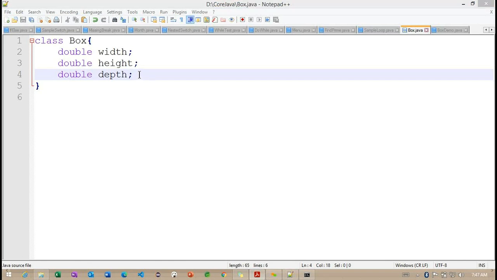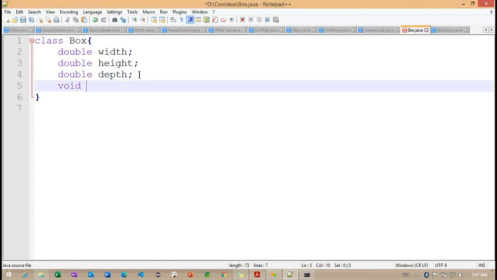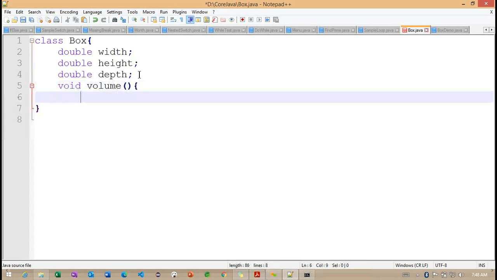We can specify any data type here, but for understanding, I'm not going to provide any data type as of now because I'm not returning any value from this method. The method I'm going to provide is called volume. So volume is a method which we are declaring inside this Box class.